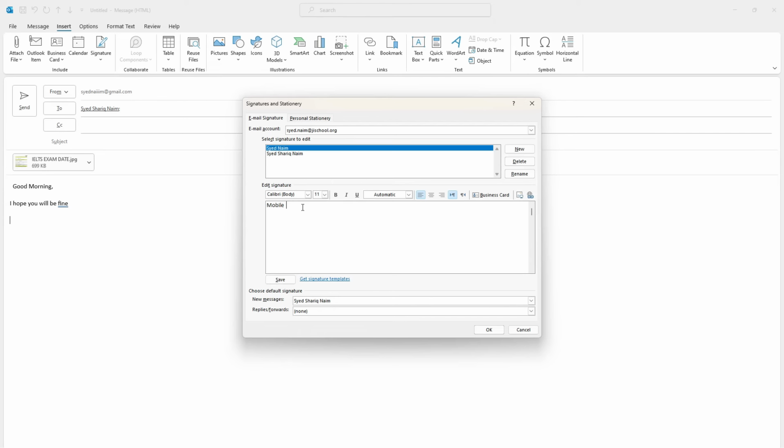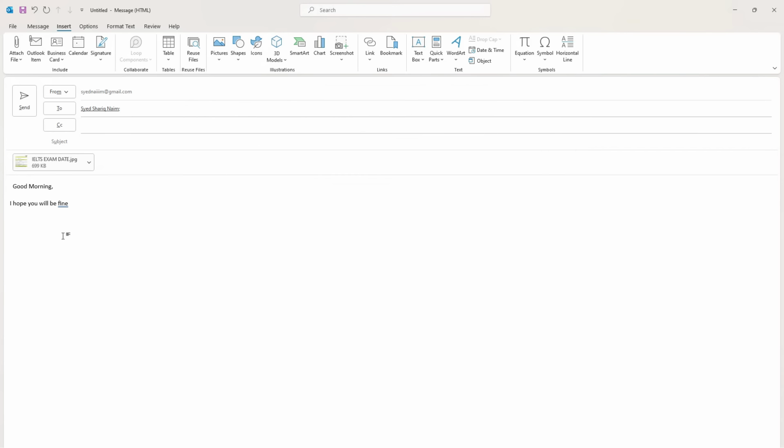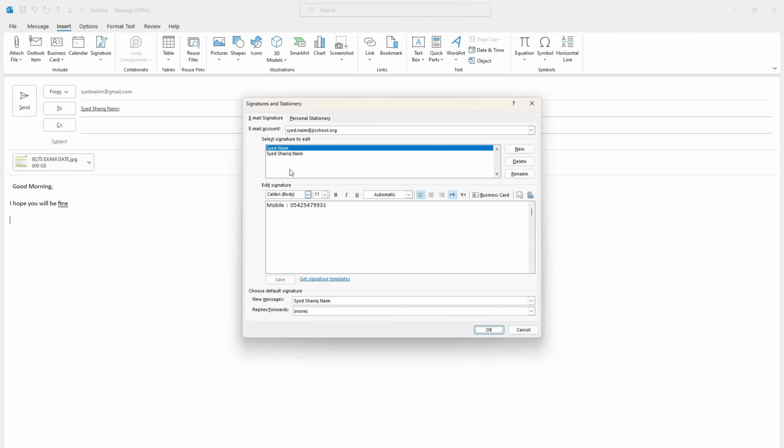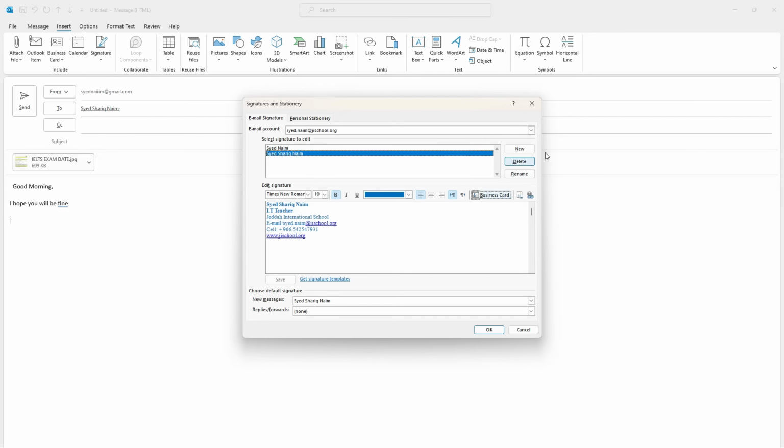Every time you send an email, you can select the signature and it will go with your email. I add my number, and the signature will be added here. Suppose I want this one, or now I created this one. Whatever you want, you can add it.